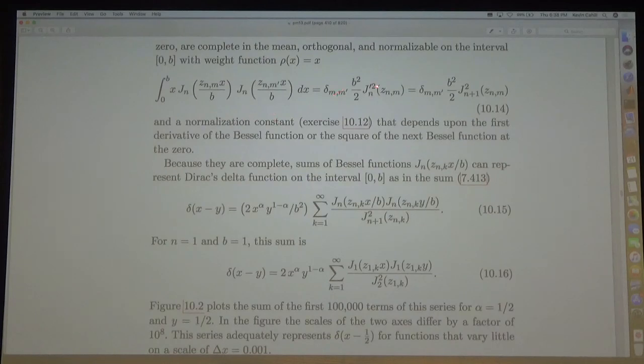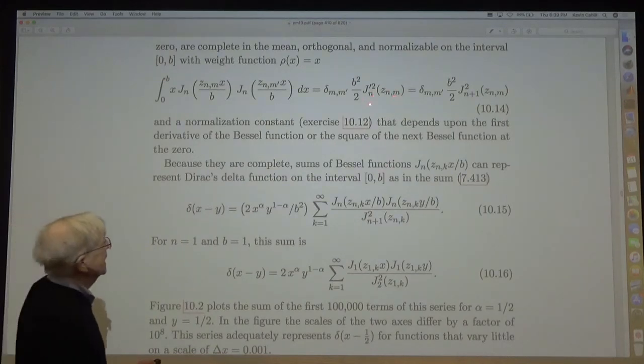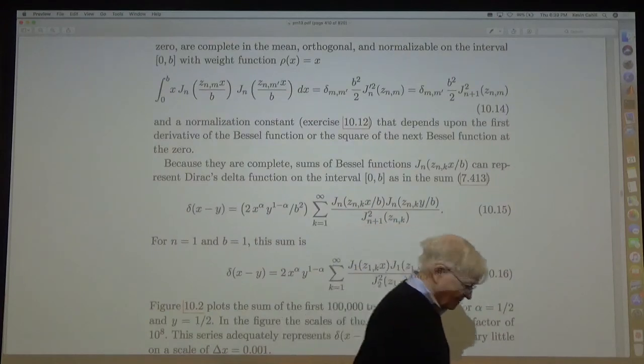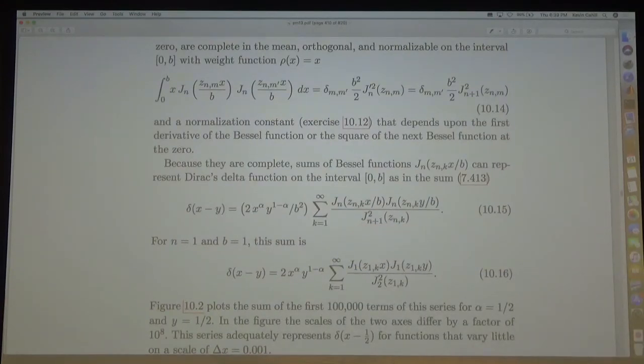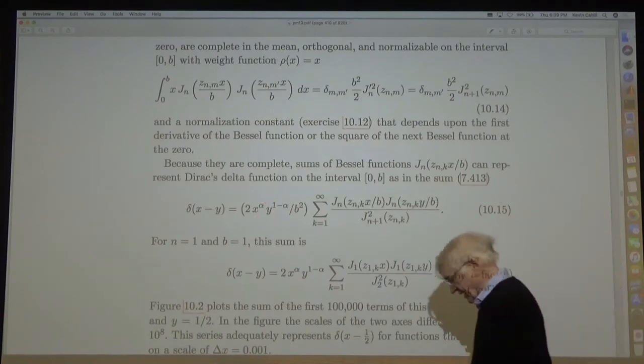Notice that the normalization constant involves the square of the first derivative of the nth Bessel function at the nth zero of the nth Bessel function. Because they're complete, they then can represent a delta function on the interval,